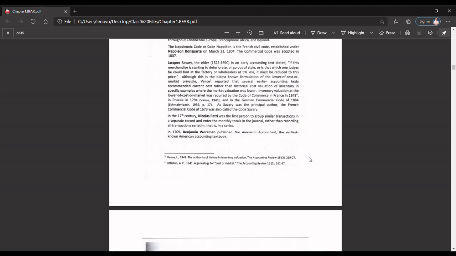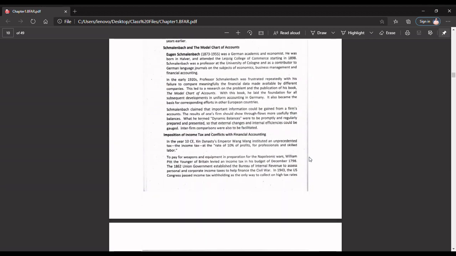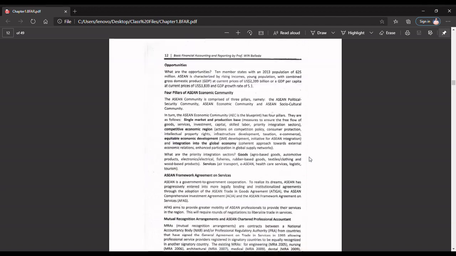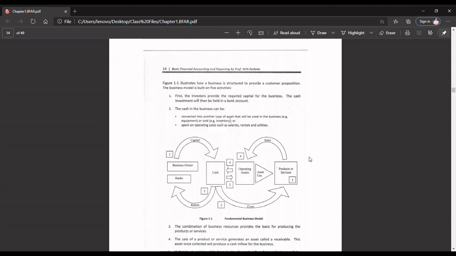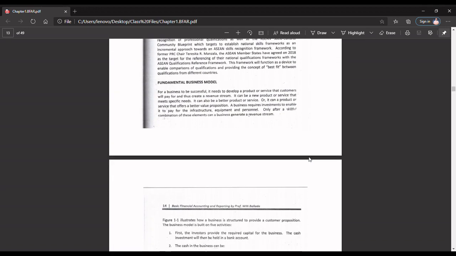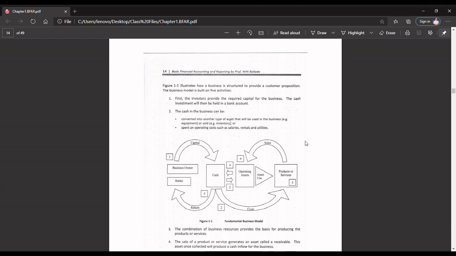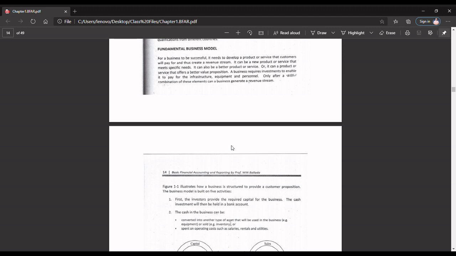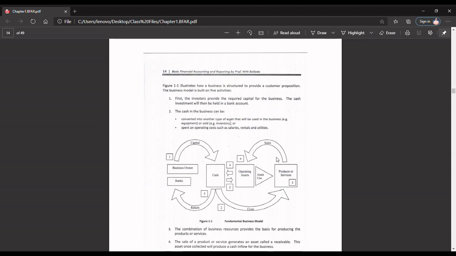So let's move on from all of the history and go straight to the fundamental business model. As you can see, this is the business model. It shows the flow of business, or the cycle of business, where first a business owner invests cash,